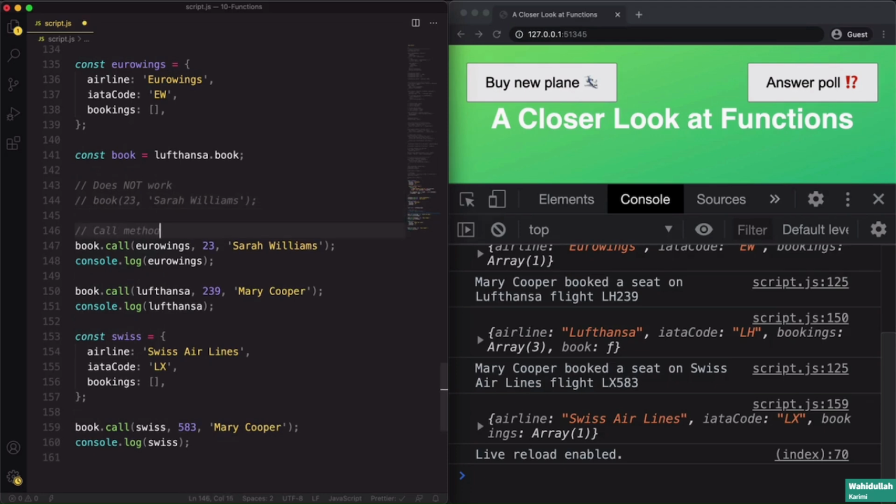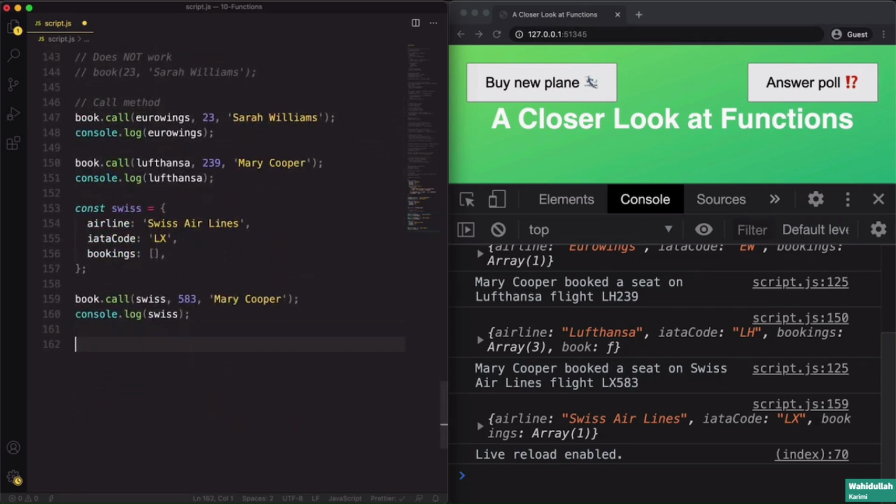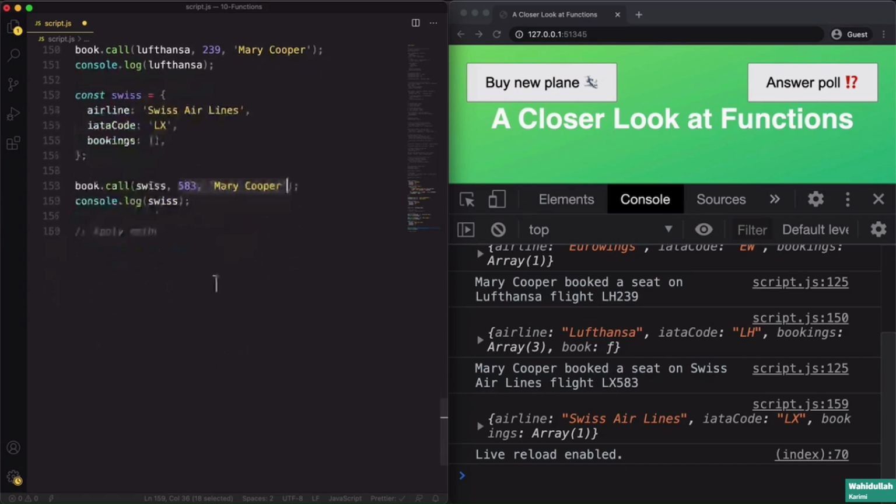Call method, because in fact there is a similar method to the call method, which is called the apply method. And the apply method does basically exactly the same thing. The only difference is that apply does not receive a list of arguments after the this keyword. So it doesn't receive this list here, but instead it's going to take an array of the arguments. Okay? And so it will then take the elements from that array and pass it into the function. So let's say